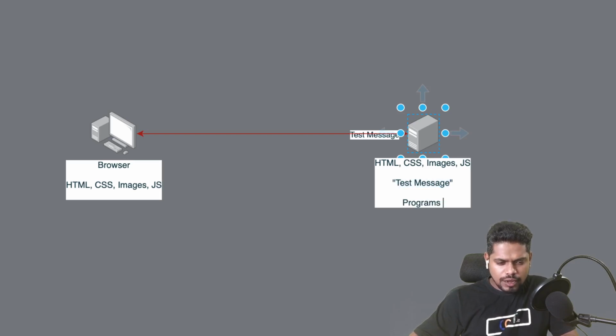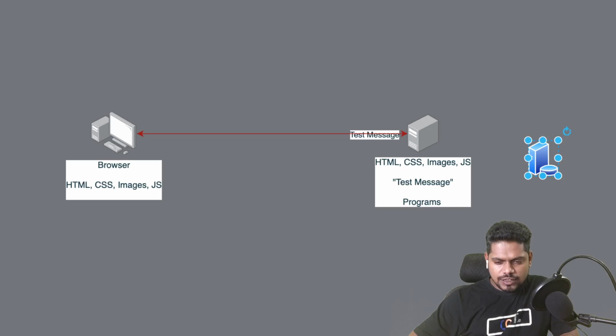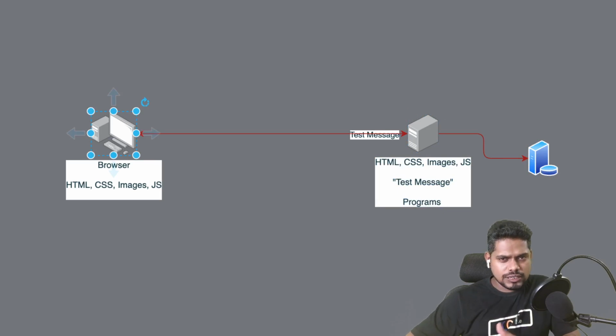Then probably Google has an internal database somewhere, and inside that database they have a lot of data about different websites, and which websites on the internet provide proper search results to me. All that data is stored inside a Google database. So some programs will download all that data from the database and send it back to my browser, and that is when I can see the Google search result,